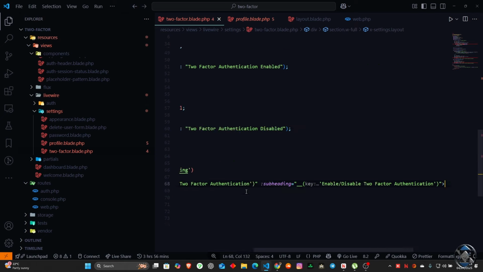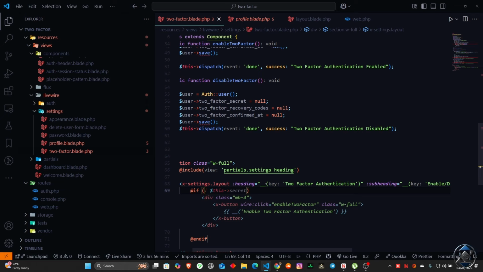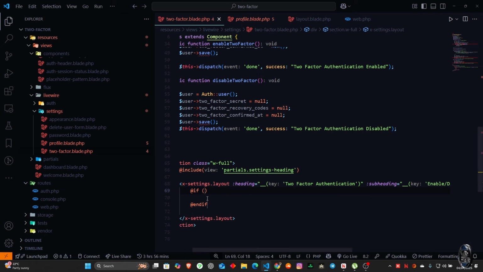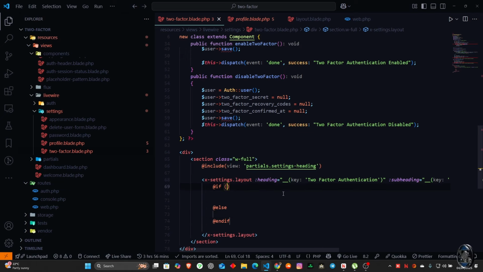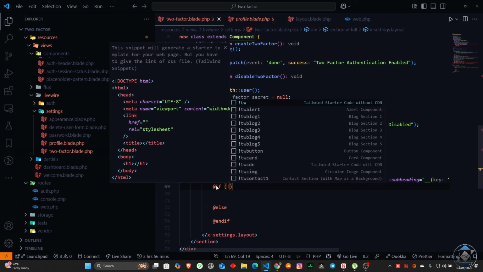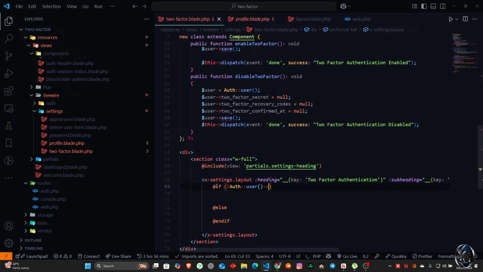So the next thing that we're going to do here inside these settings is start an if statement over here. This if statement is going to be an if else, so I'm just going to come in here and do an else, and then we're going to end the if right there. So in this if statement we'll ask the question: if the authenticated user has a two-factor secret, okay? If the authenticated user has a two-factor secret, so I'll just do two-factor secret,